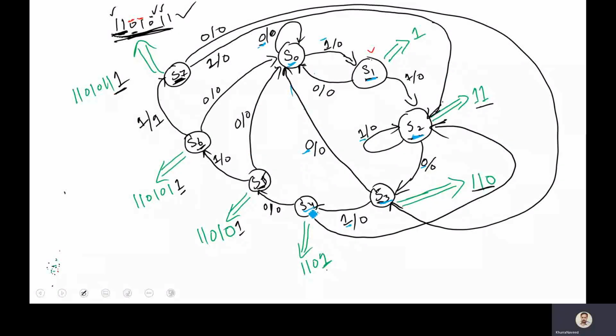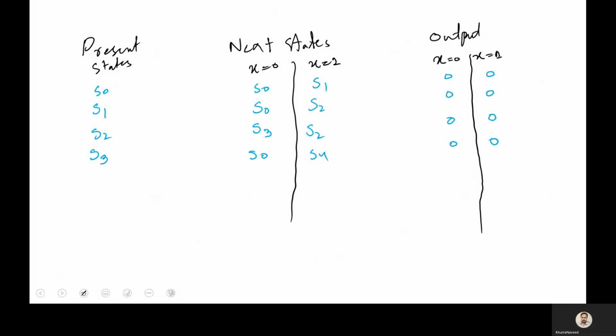And now once we are at the state S4, input is 0. In that case, next state would be S5, and in case when input is 1, I think I have not written it here, but it should be, if this input is 1, next state is S2. So S5 and S2. In case of S4, next state is S5 in case of input 0, and S2 in case of input 1, and output in this case would be 0.